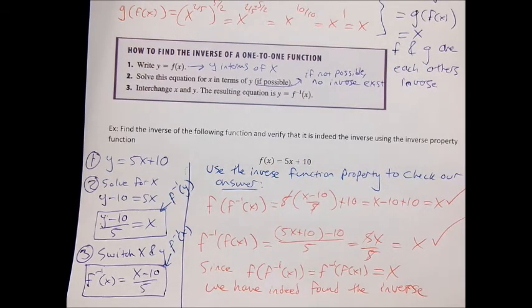Can you show us an example, like step 2, where we solve the equation for x in terms of y when it's impossible? Sure. So the question is, can we come up with an example where we won't be able to solve for x in terms of y? So how about